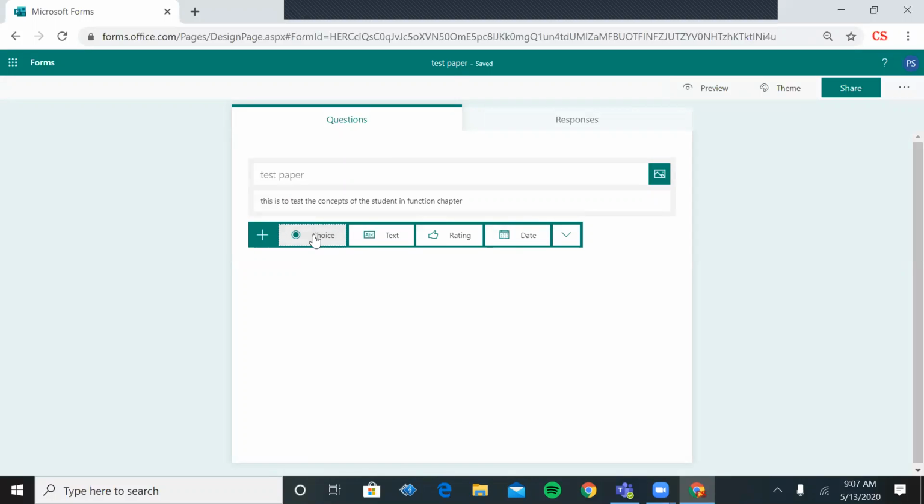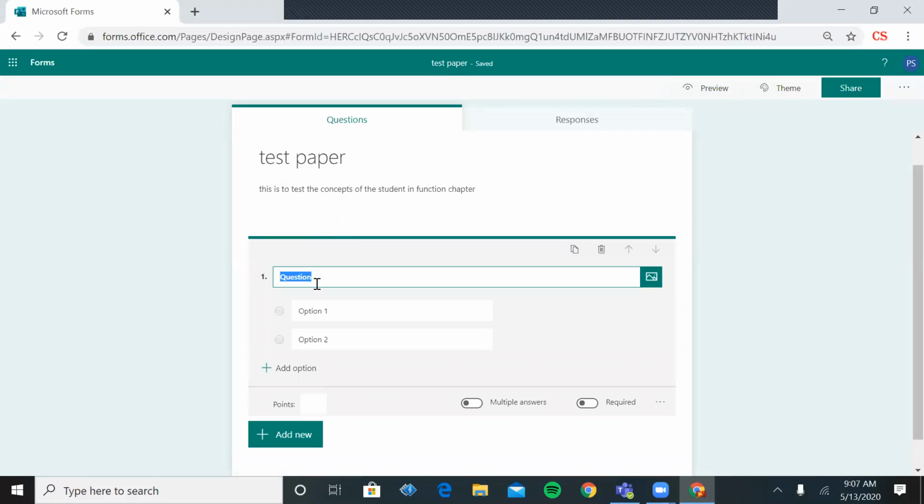There are four options it is showing to you. Either you can make it choice based, text based, or rating based. Now we are just focusing on the choice based question. What is the use of function parameter?